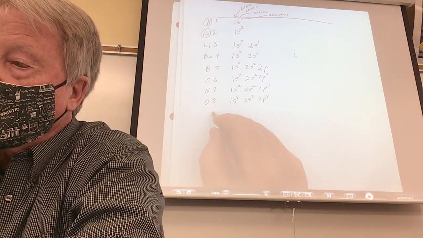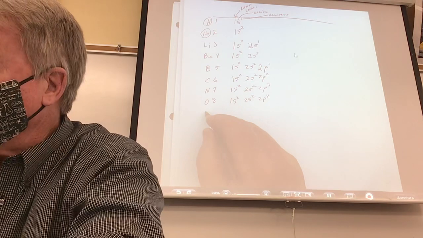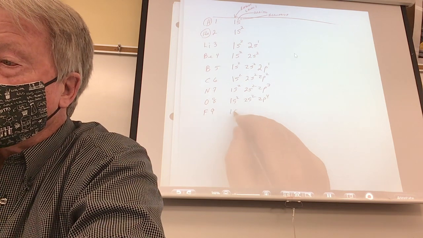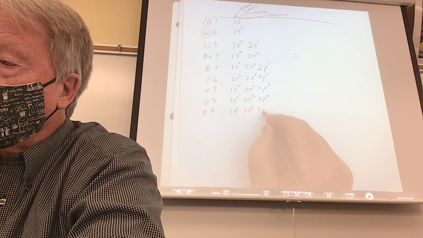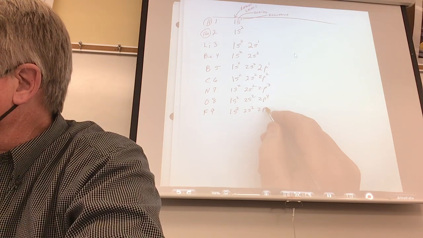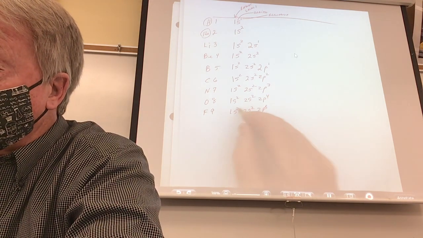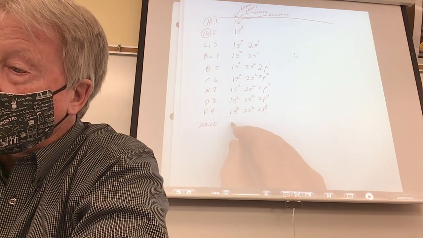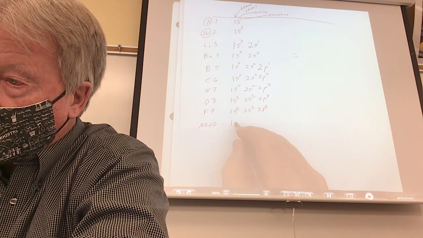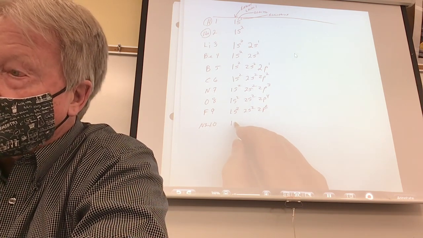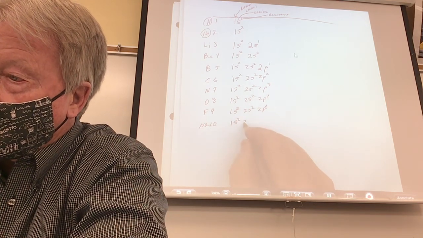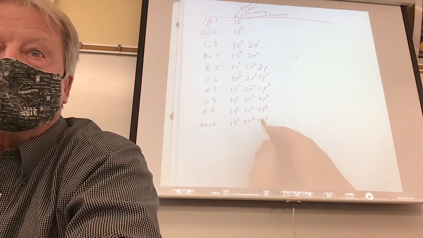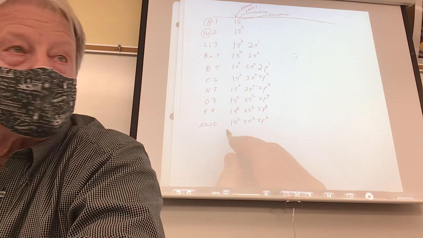Delaney. Next element. F? Fluorine? Where are you going to park 9 cars? 2p what? Yeah, count them up. 5 plus 2, that's 9. Okay. All right, May. Neon. You have 11. No, I think 10. 10. 1s2. Yes. 2s2. Yes. 2p6. Oh, yes. Yes. All right, you get the hard ones.